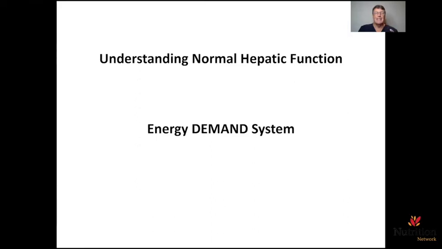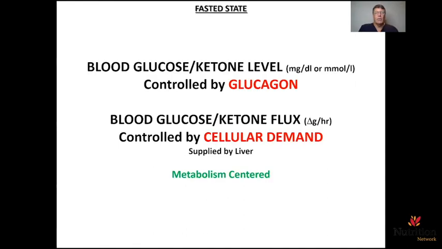So under normal conditions, the cells create the energy demand, and it is the liver's job to supply that demand and keep pace with that demand using its hormone soldiers and also by supplying the two sources of energy into the bloodstream. So what are those two sources of energy? Well, the sources of energy that most cells are able to use are sugar, glucose, and ketones, fat breakdown products. Some cells can only use glucose, some cells use both, some cells prefer ketones, and some cells, variably depending on their function, can either use ketones augmented by glucose.